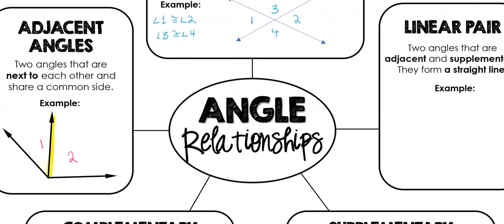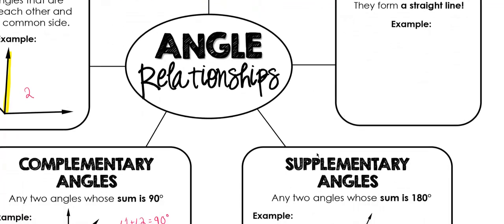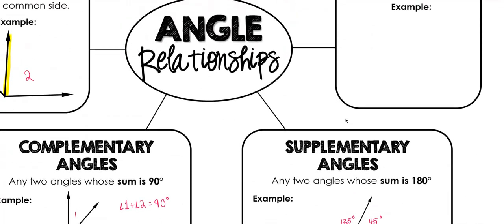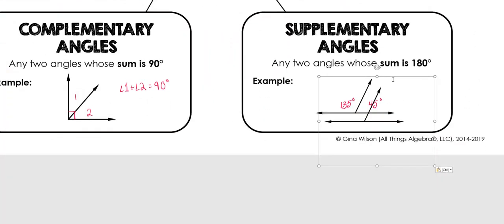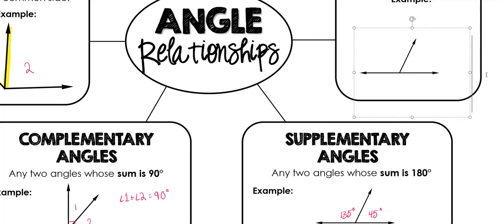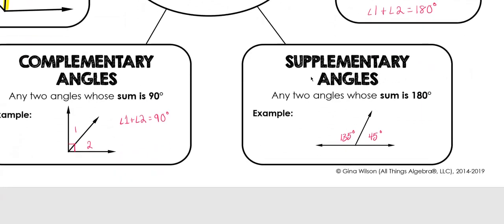Now a linear pair is two angles that are adjacent and supplementary, and they form a straight line. So basically what I have down here, I'm going to bring that up there as well. So this is a linear pair. So I would say 1, 2, and you could say angle 1 plus angle 2 is equal to 180 degrees. Now the difference between a linear pair and supplementary is that supplementary angles do not necessarily